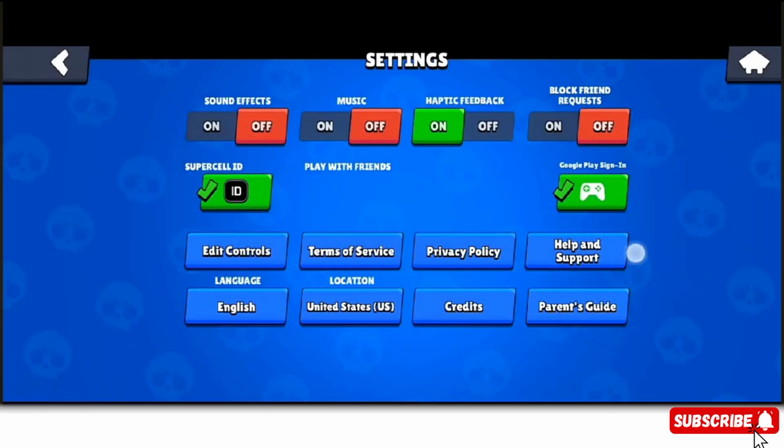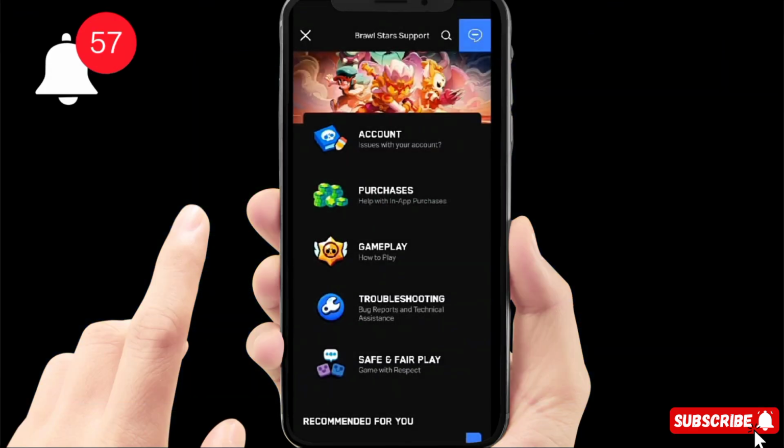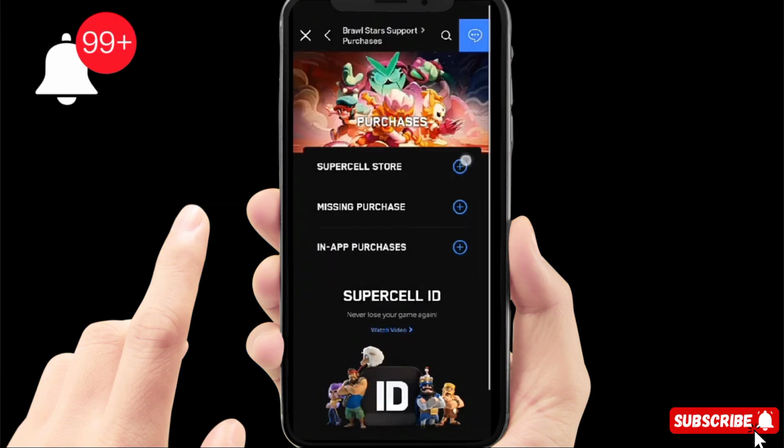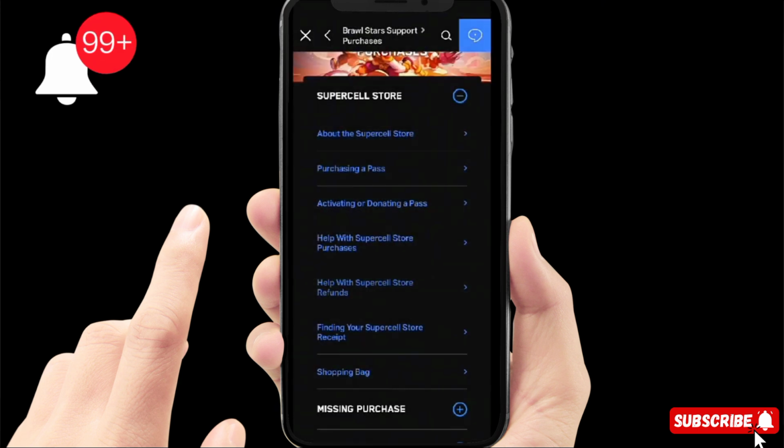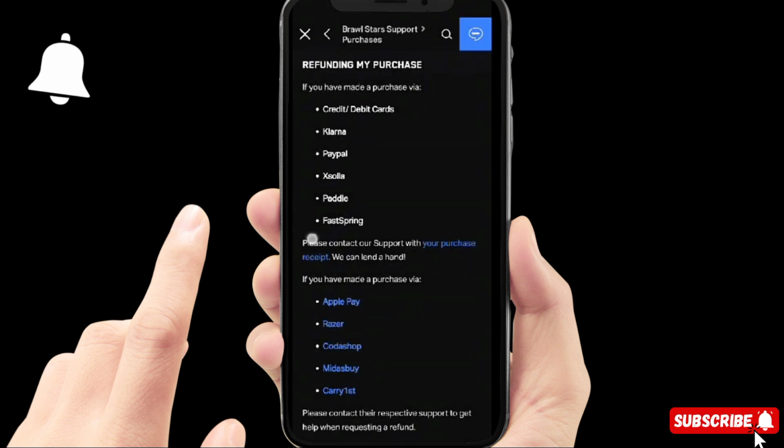In settings, click on help and support. In help and support, click on purchases. Then click on Supercell Store. In Supercell Store, you can see there is help with Supercell Store. Click on that. When you click on help with Supercell Store, now you can see it's showing if you have